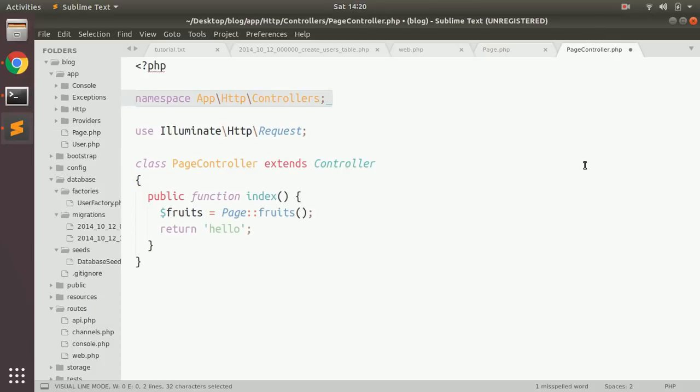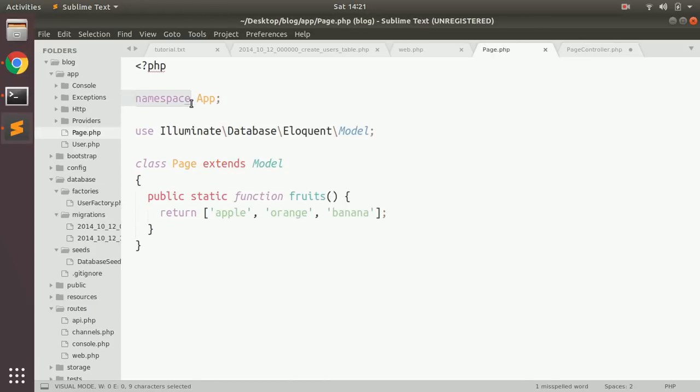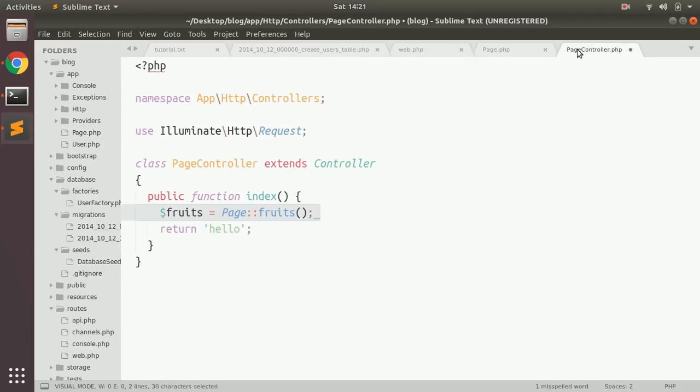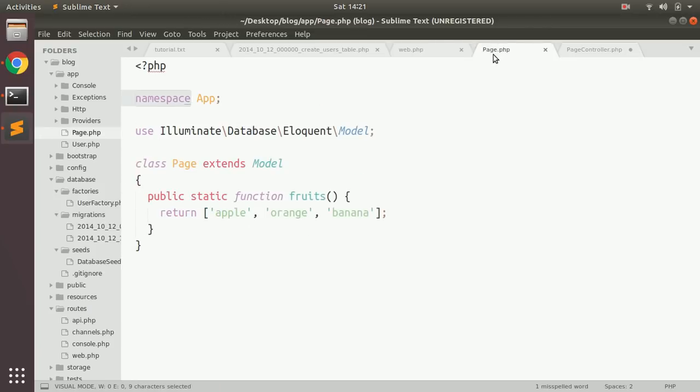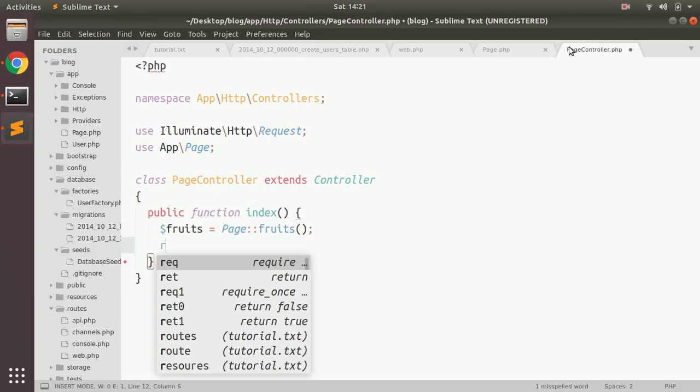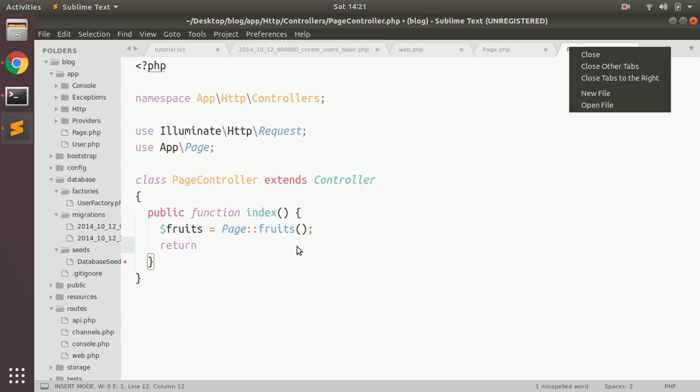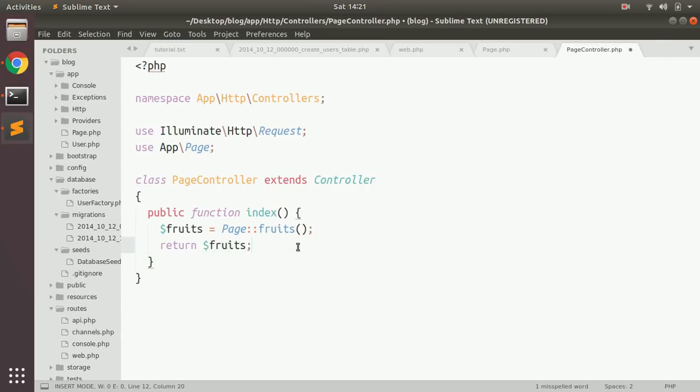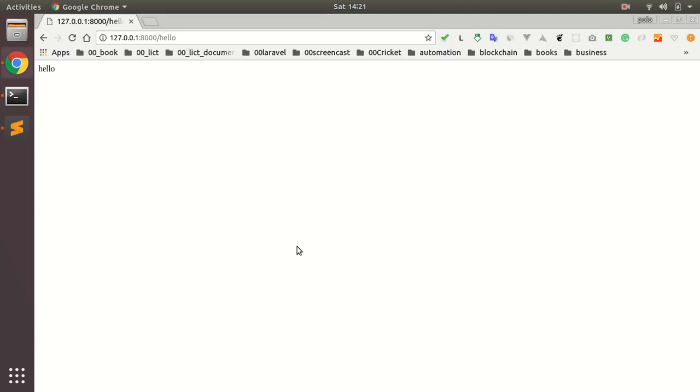Currently our namespace is App\Http\Controllers, but the Page we are using here is from a different namespace. Suppose the Page namespace is App. Whenever you want to use anything from a different namespace than this one, you have to use the use statement. In this case, that will be under App\Page. So we have fruits. If we return fruits and go to our website and reload, these are the fruits we are getting from the